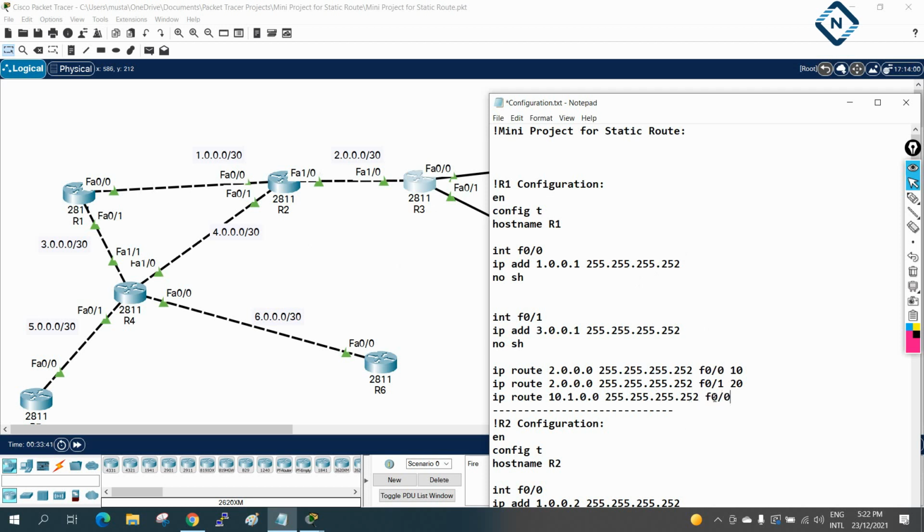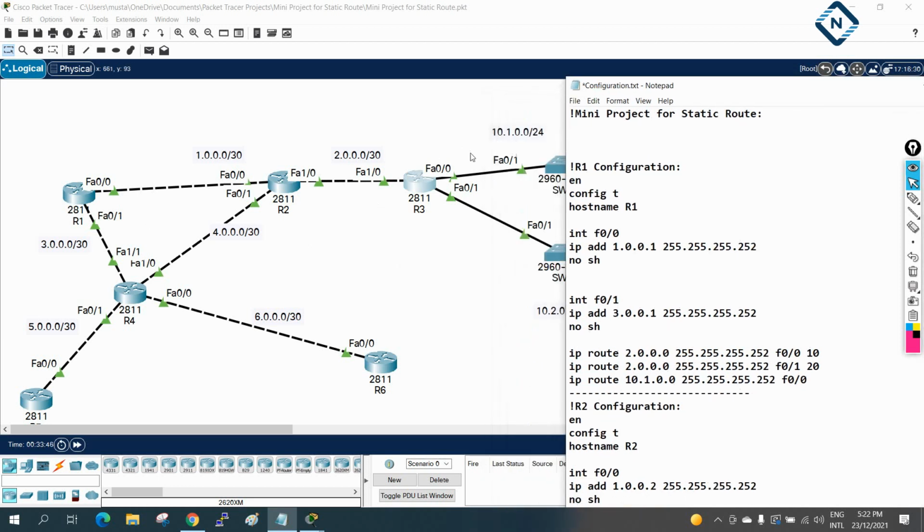Here I will put it. So I am saying if anyone wants to go to this network also, 1.1.1, forward all the traffic to here. We will forward all that traffic to this router. So we will leave from here, and it will go to this router. If anyone wants to go to this network or this network, we will leave all that traffic from this interface, R1 F0/0. So it will come here, and from here they will have that route.